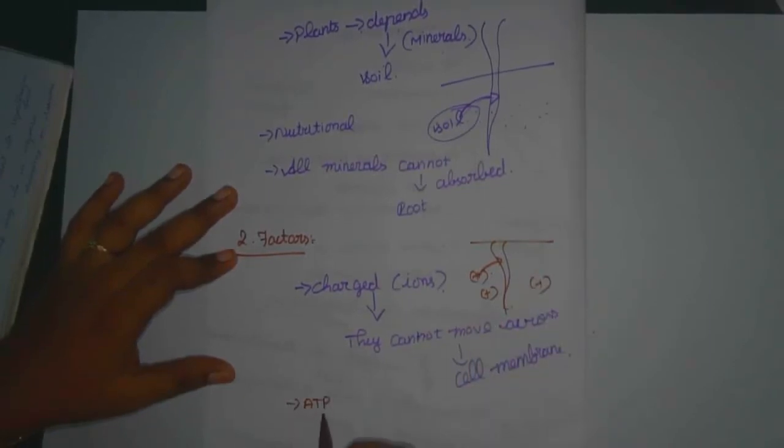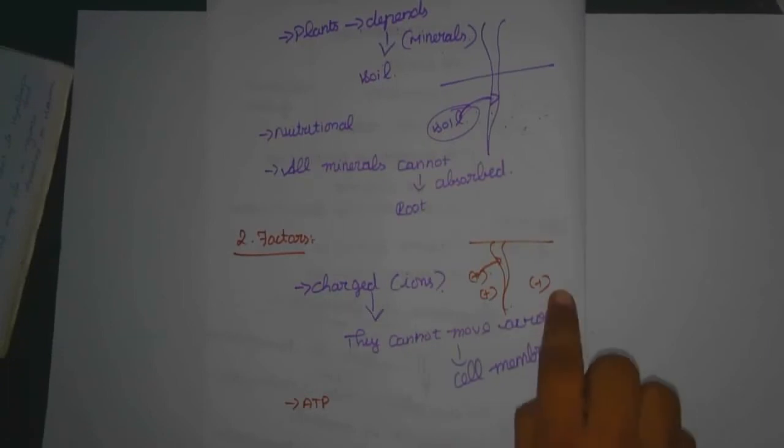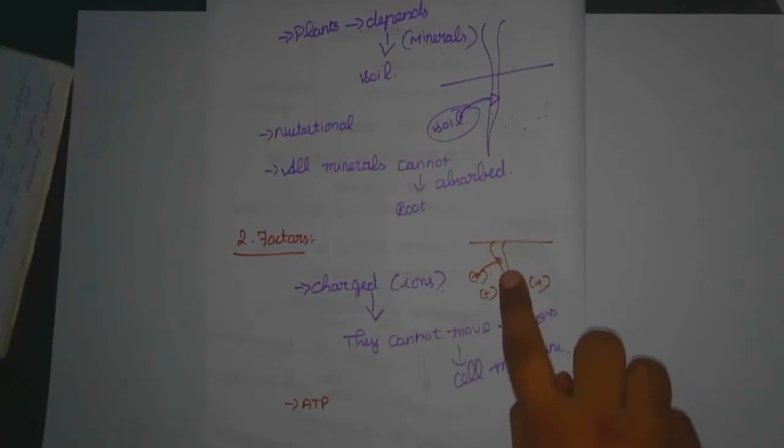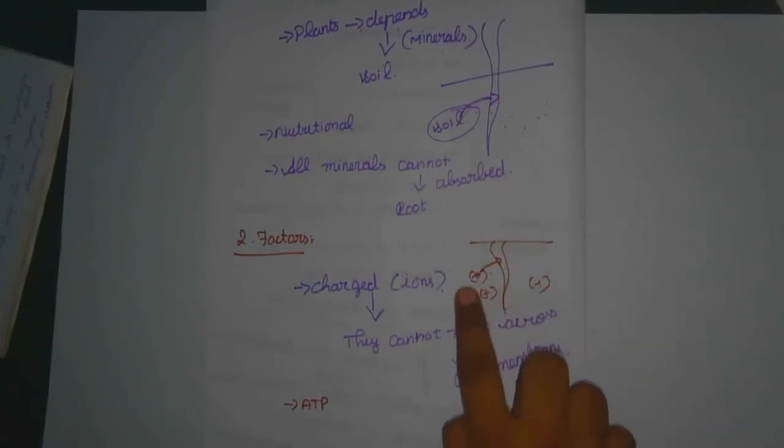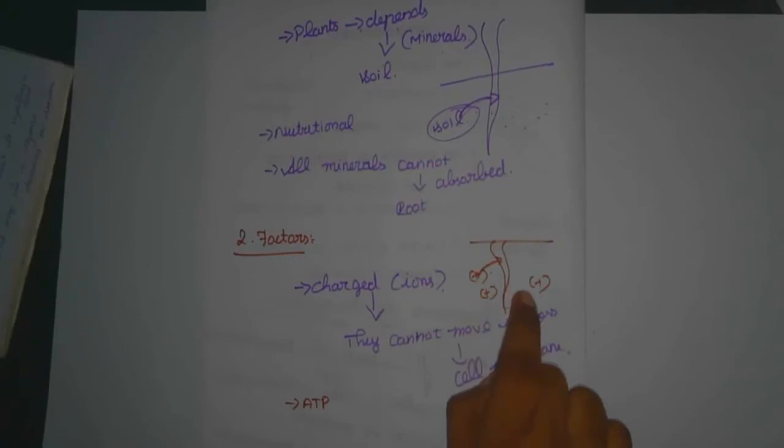You know what the ATP is? That is adenosine triphosphate. They are just absorbing the minerals in the soil. Here through the root surface, through the cytoplasm of epithelial cells, Rootல இருக்க epithelial cells மூலமா soilல இருக்க charged particles absorb பண்ணிட்டு இருக்கும். While absorbing they need some energy, right? So they are using the ATP energy to absorb the charged particles in the soil. அப்படி absorb பண்றதுக்கு they gave one name for that, that is the transpirational pull.